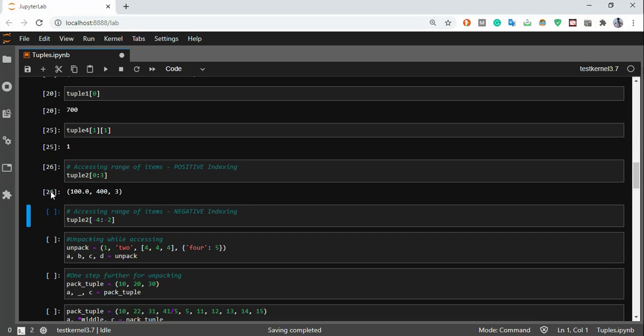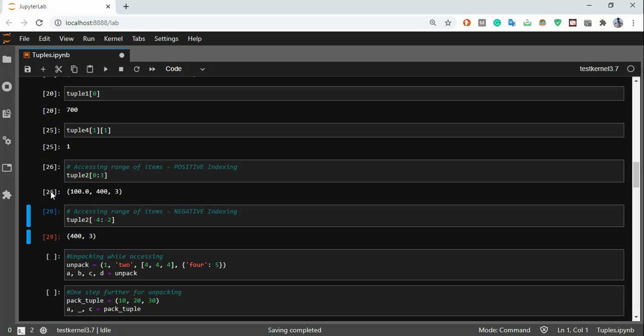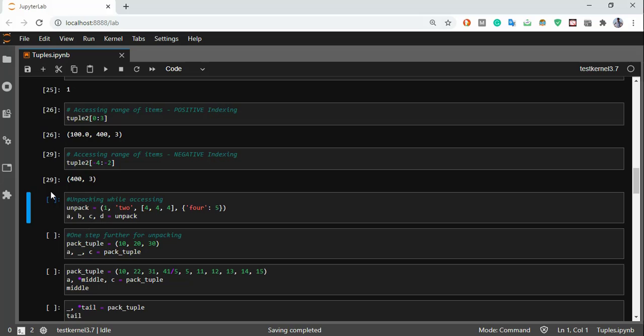So while accessing a range of items, you just have to write the range of indexes that you want to access. Just a thing to be kept in mind is Python always understands the range from 0 to n minus 1. So in this case, when I provide 0 to 3, it will just return me from 0 to n minus 1, which in this case will be 0 to 3 minus 1, which is 2. So 0 to 2 will be the values of indexes which I'll be getting, right? In a similar way, it works for negative indexing.